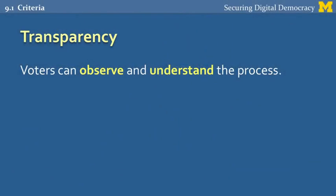But before we begin, I'd like to talk for a few minutes about some of the criteria, some of the desirable properties for voting systems that people in voting research and voting practice talk about all the time. And when we're evaluating voting systems, both old ones and new ones, it's important to think about how well they meet these criteria. The first property, and probably the most abstract one and the one we talk about most, is